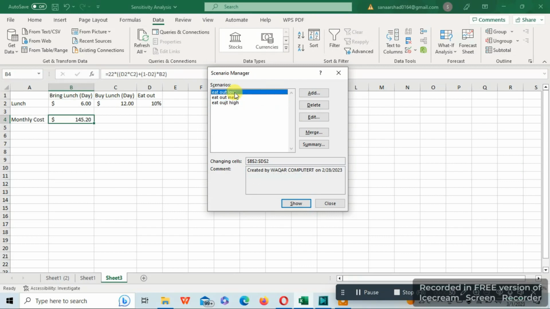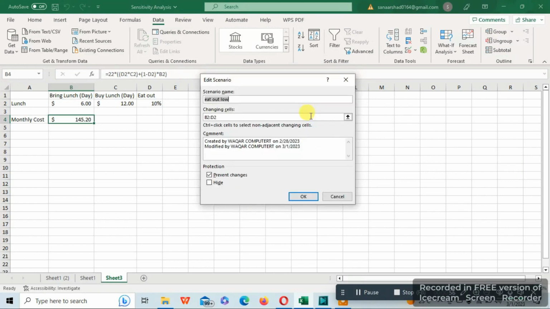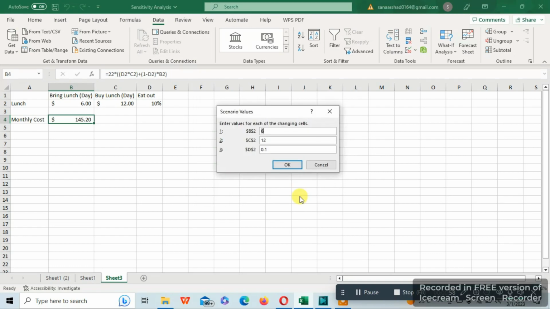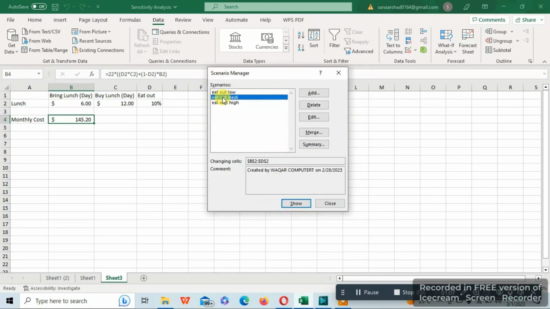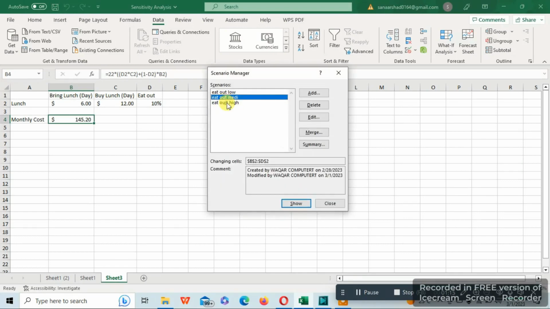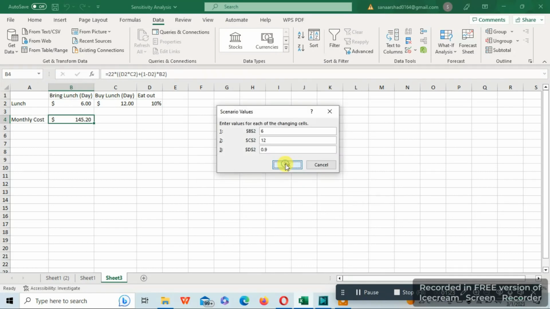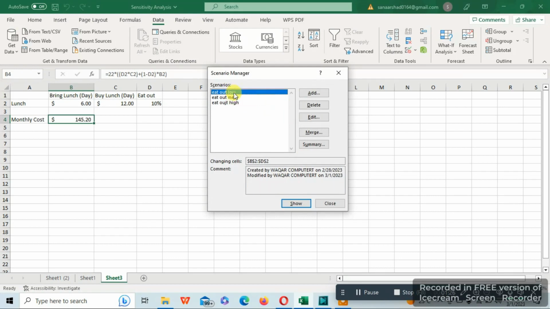In eat out low, the chance of eating out is 10%, here 0.1. In eat out medium, our chance of eating out is 50%, and in high, I have put the chance of eating out at 90%. If I click on the scenario and then click Show, it will show the